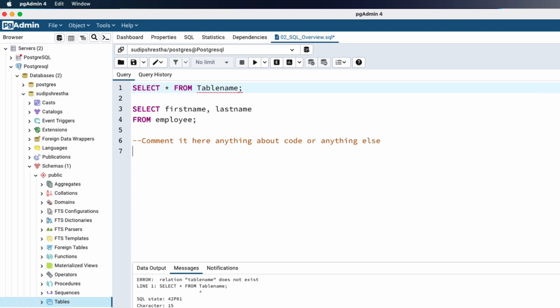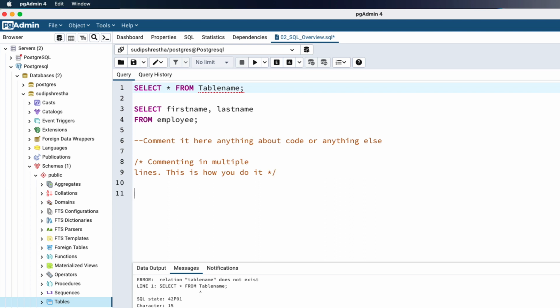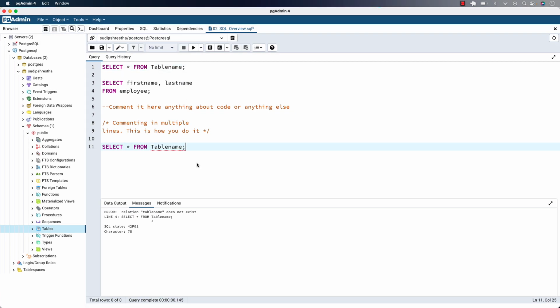And for multiple lines, you need to use, as I showed earlier, this one here for commenting in multiple lines. Say it spans multiple lines. This is how you do it. And then close this one right here, and then you can start your query, like select star from table name, something like that. So this is how you do it